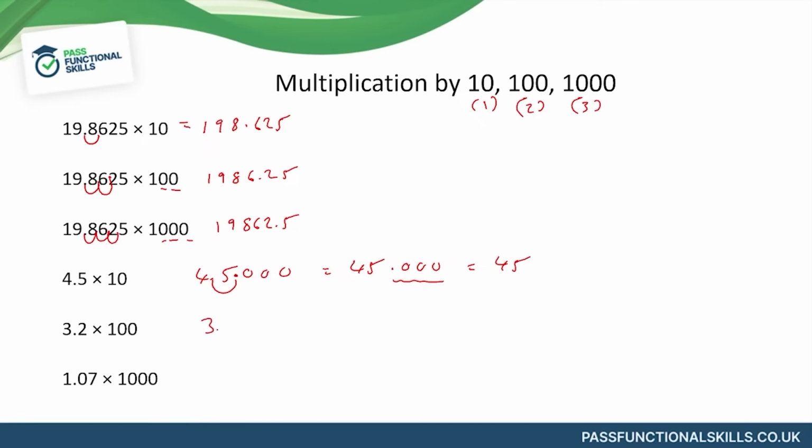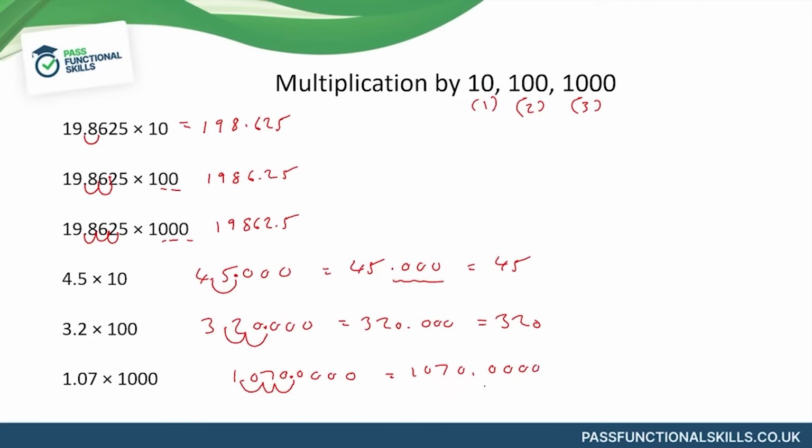I'm going to do the same thing with 3.2 times 100, put some zeros on the end so that I can clearly move the decimal point 2 positions, so that's going to be 320.000, in other words 320. 1.07 times 1,000, it looks like I can only move the decimal point once or twice, but if I just chuck some zeros in, you can't put in too many. It's going to move 3 positions, so 1, 2, 3. So that will become 1070.0000, in other words,